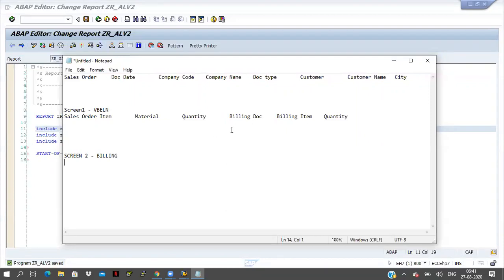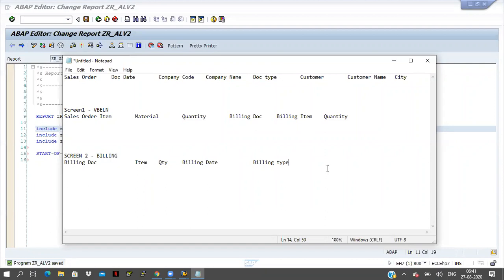Then I want to display billing information: billing document number, item number, quantity, when it is ordered, billing date, and billing time. Some header information and item information both I am fetching here.